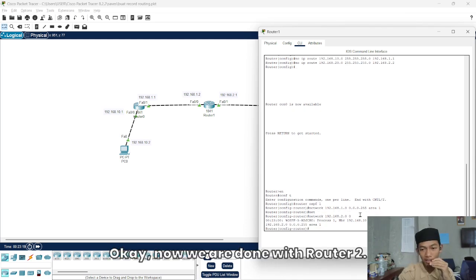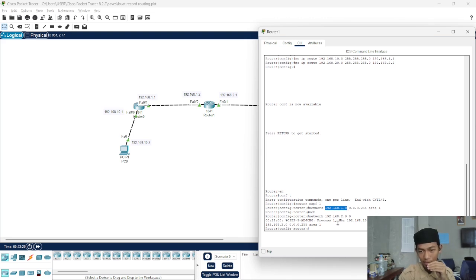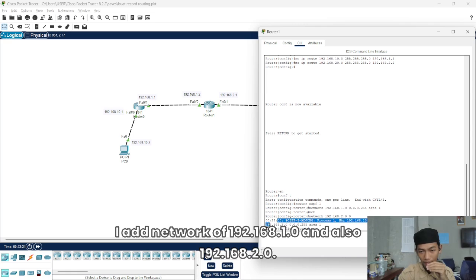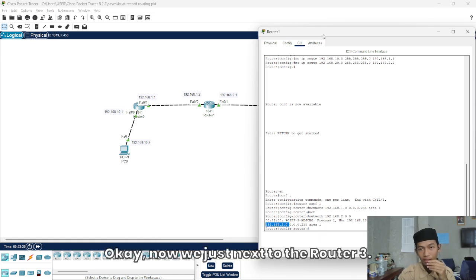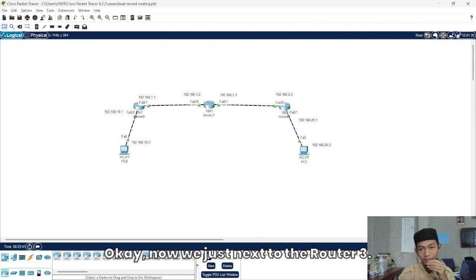Okay, now we're done with router 2. I added the networks 192.168.1.0 and also 192.168.2.0.